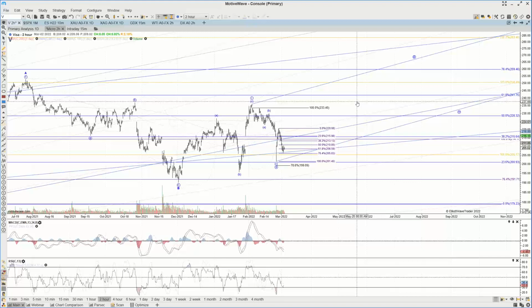So I had mentioned at the time that this could be an ABC up as what will turn into wave 1 of an ending diagonal C wave. We did get the pullback in wave 2 from there, and want to see again last week's low hold. If we happen to see a marginally lower low down to that 786 retrace at 199, then reverse back up from there, it would still maintain that 1-2 is valid, so it depends how much room you want to give